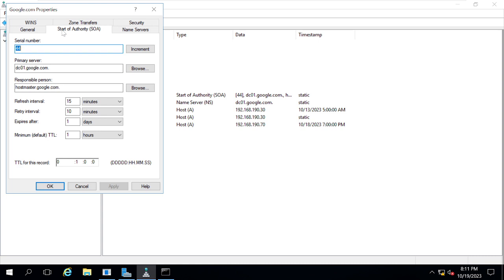Okay, start of authority, I was telling, SOA record. See here, refresh interval is 15 minutes. You can change this refresh interval to different times also, 10 minutes, 20 minutes, 30 minutes. So this information is stored as SOA, start of